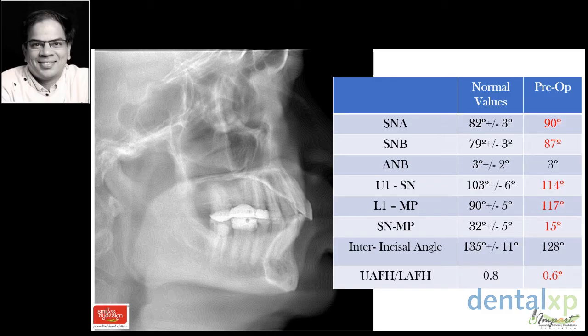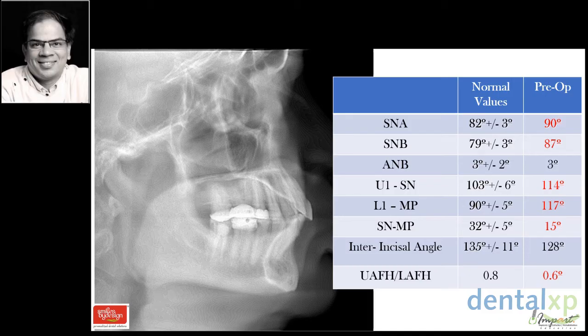That means I'm almost sure that I can increase the vertical dimension, and when I do that, I don't need to worry about how much to increase it. As long as I'm going in the right direction, the number of millimeters opened on the articulator will depend on how much restorative space I need. I would need around 1.5 to 2 millimeters here per arch, so I will raise the vertical dimension by about 3 mm.